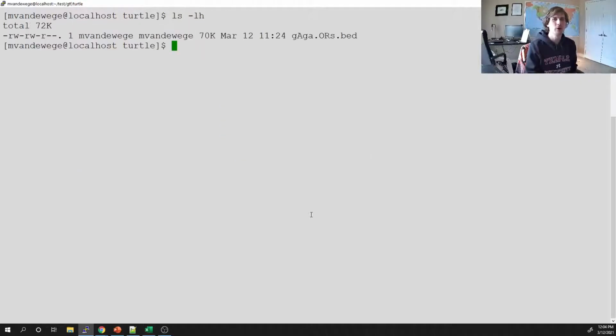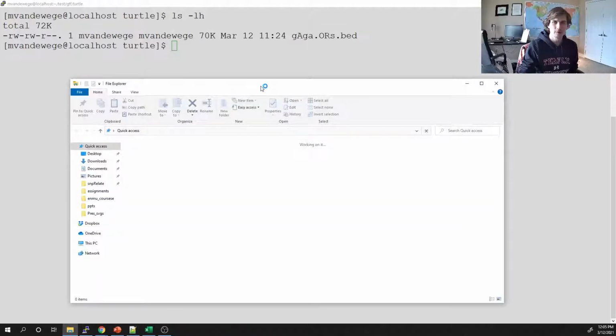And so I took this bed file because I wanted to demonstrate a few concepts, or demonstrate using tools. And I'm specifically using a bed file that describes the location of olfactory receptors. And so if we've kind of forgotten about olfactory receptors,